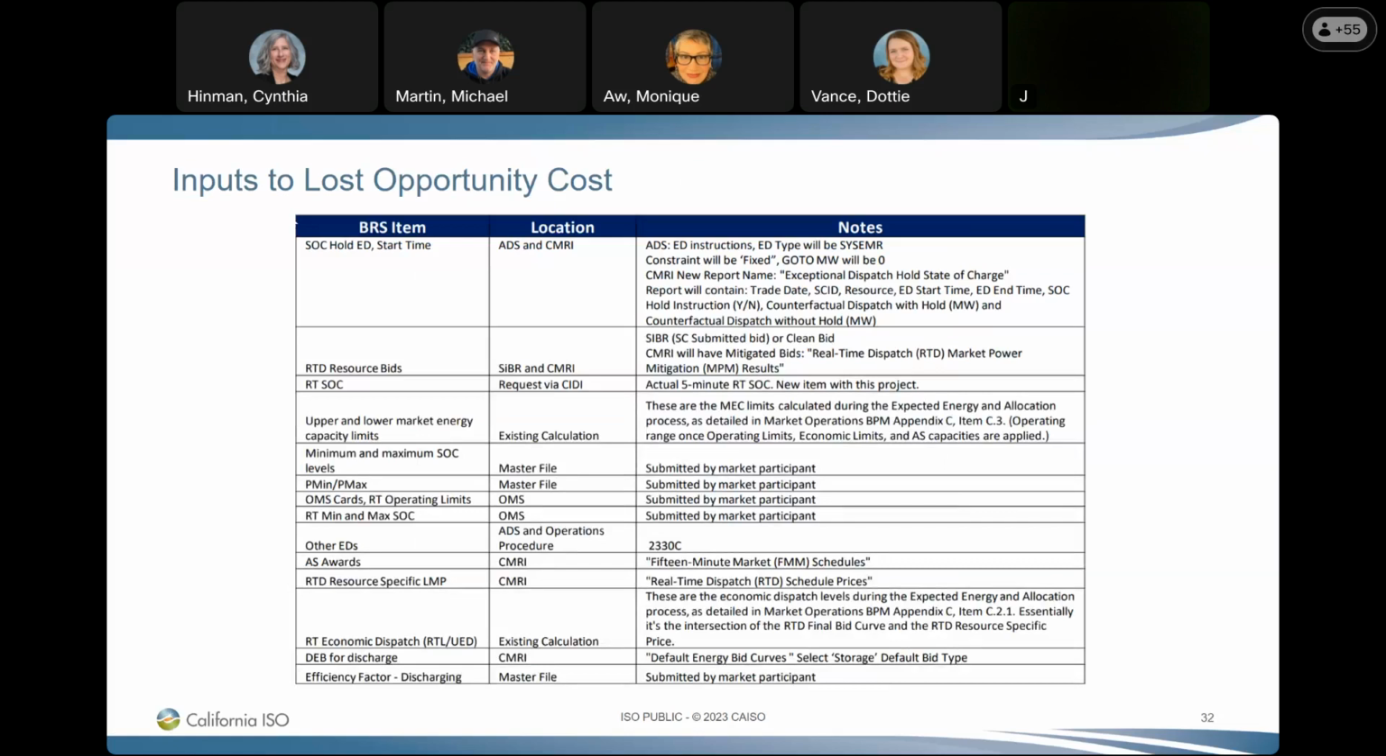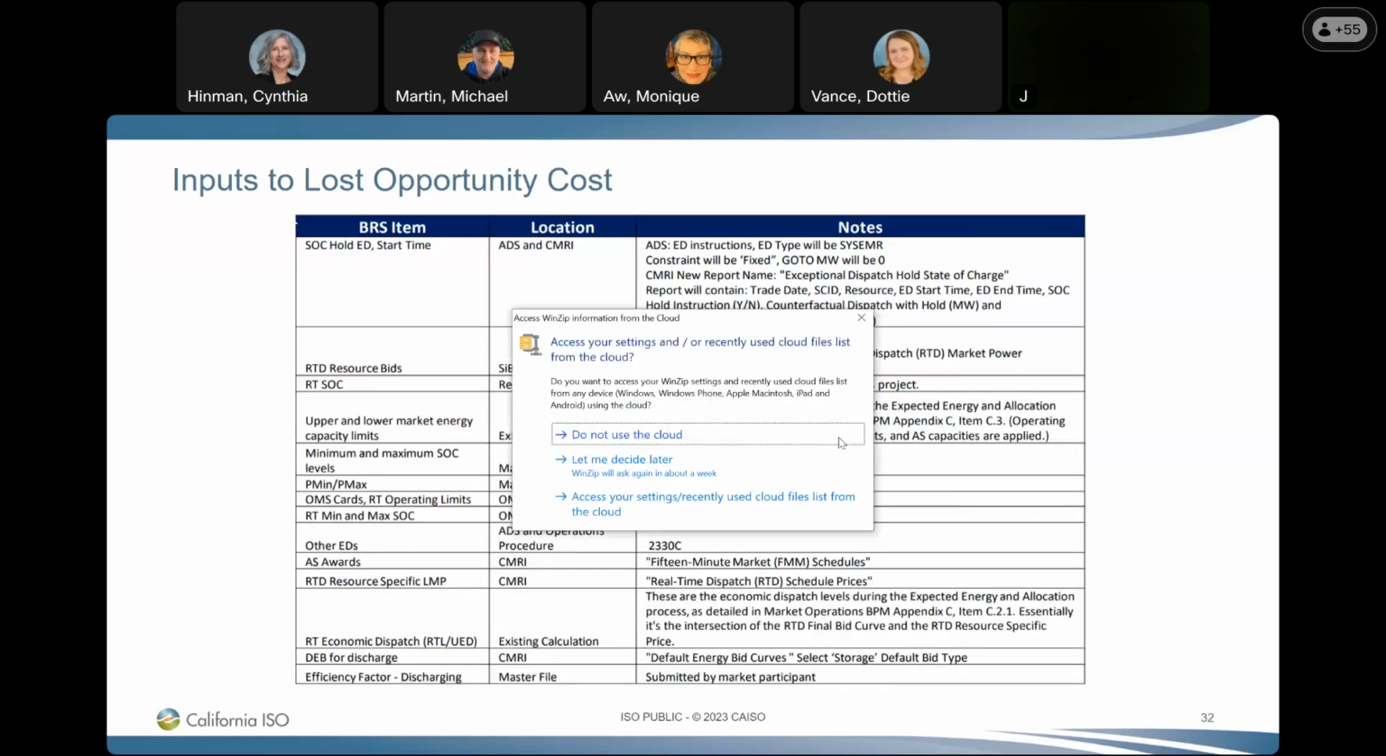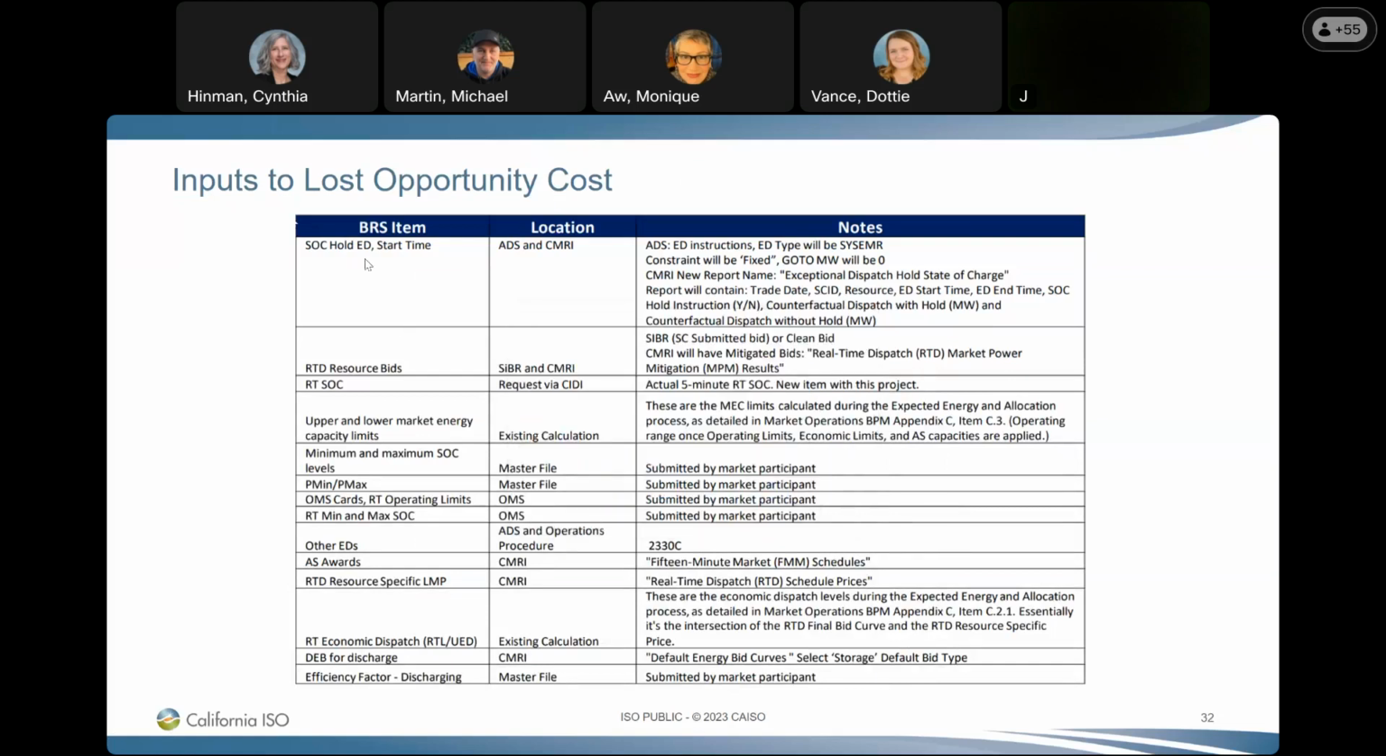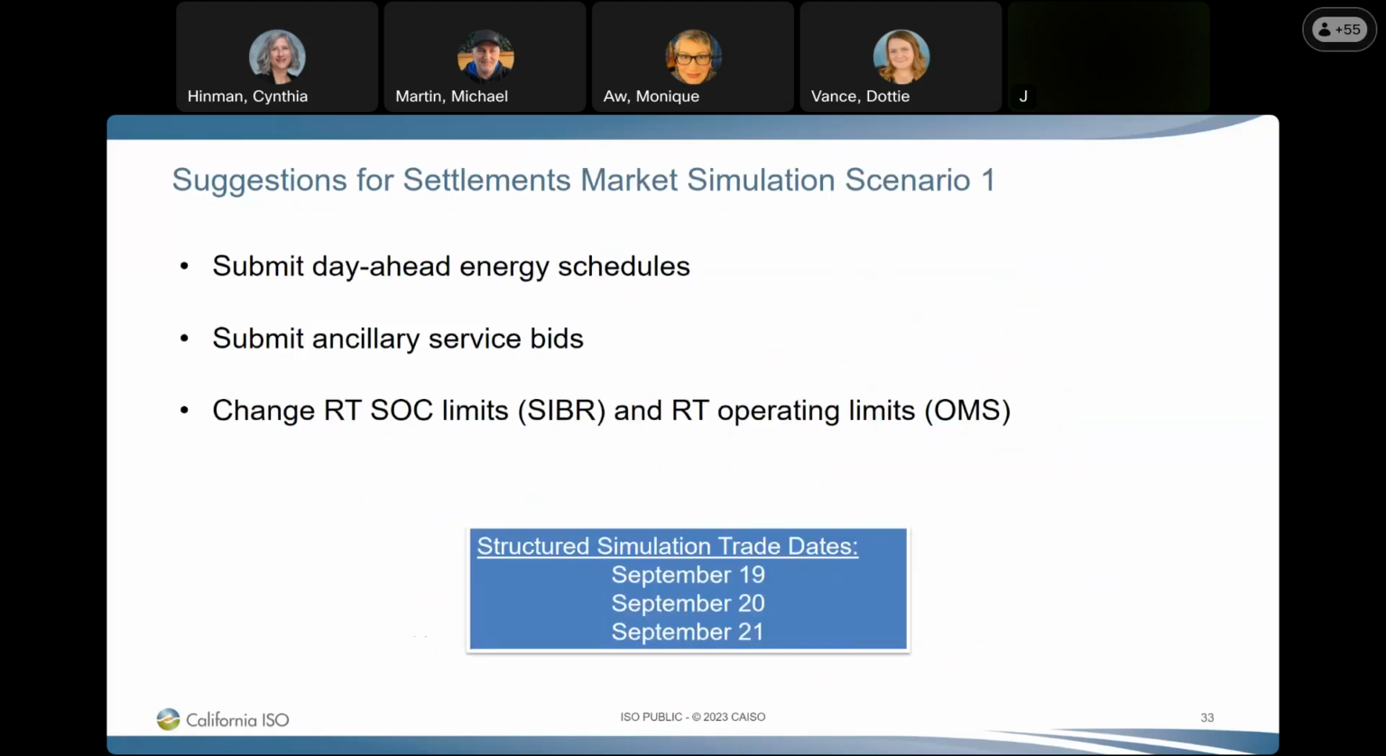So these are the inputs to the lost opportunity cost. I believe Monique provided me with this. These are just the items in the BRS, where you would find them, and some notes. Monique also provided me, and I'll let her jump in if she wants, some suggestions for the settlement market sim scenario 1. We're going to go over market sim scenario 1 in just a couple minutes, and that scenario is the one where we are testing this hold